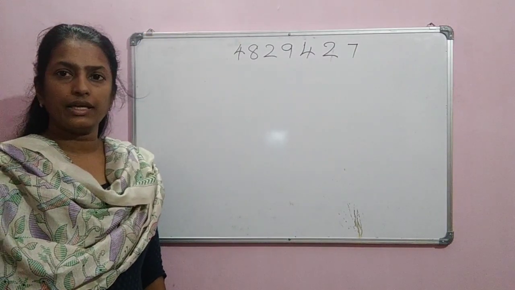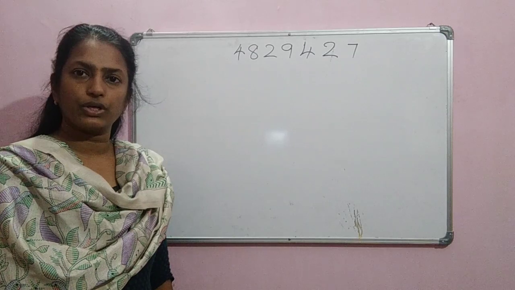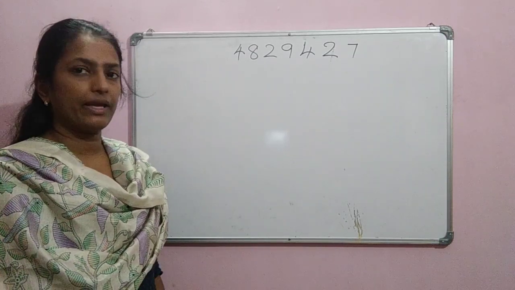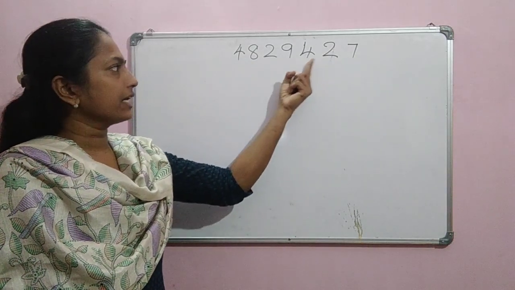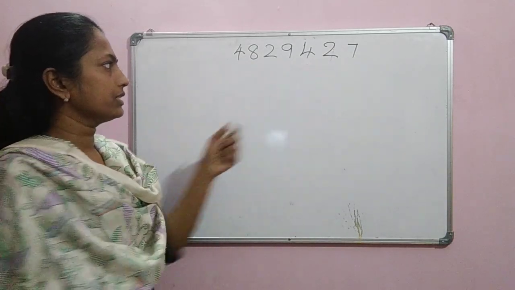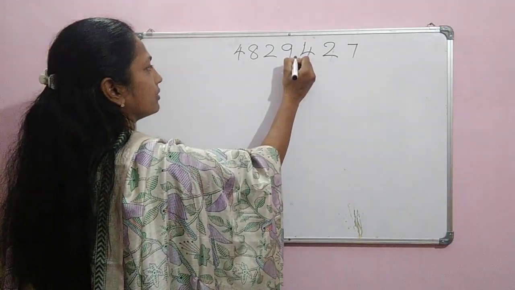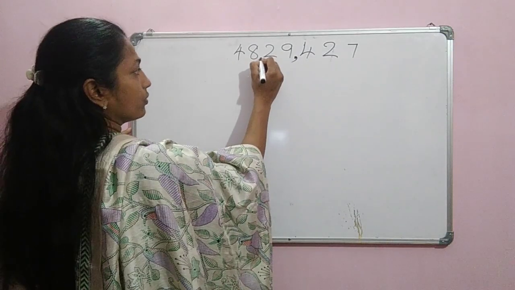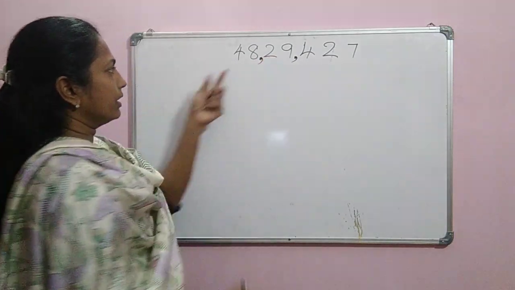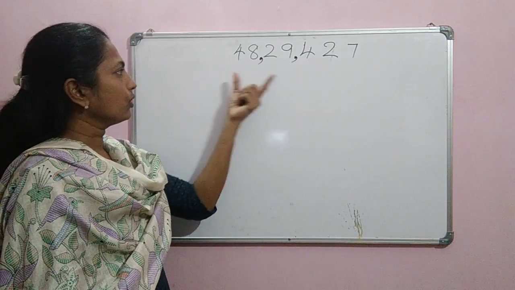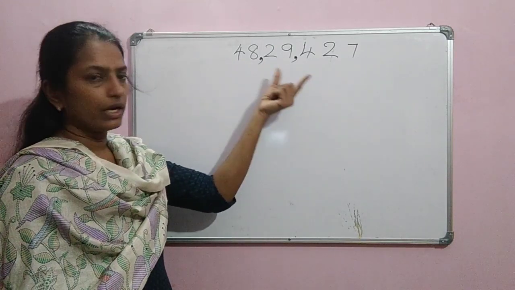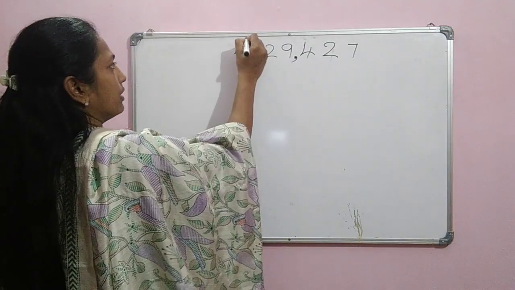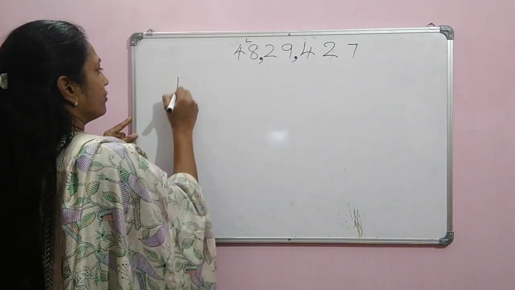So to write this in Indian system, first we have to put the commas. According to the groups, we are going to put the commas. So first group is ones, tens, hundreds. That means with the 3 digits, we put comma here. Then thousands and 10,000s. After 10,000s, thousands groups, we put comma. Then this is lakhs and 10 lakhs. So the grouping is over. Now write the number names. This 48 comes in lakhs groups. So we have